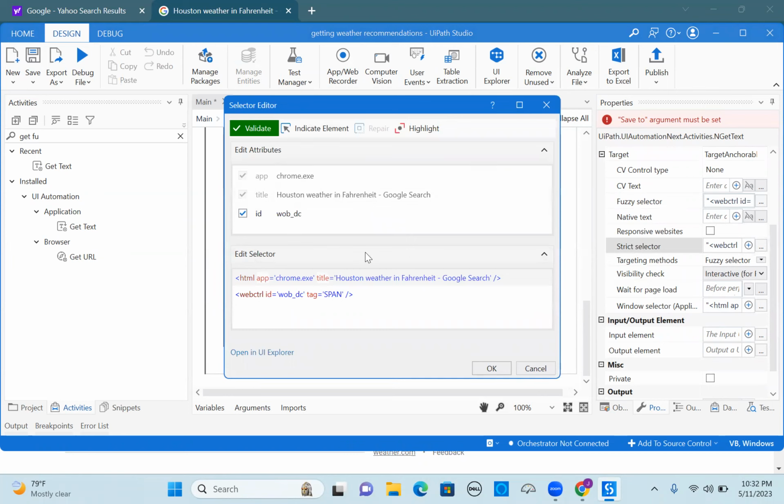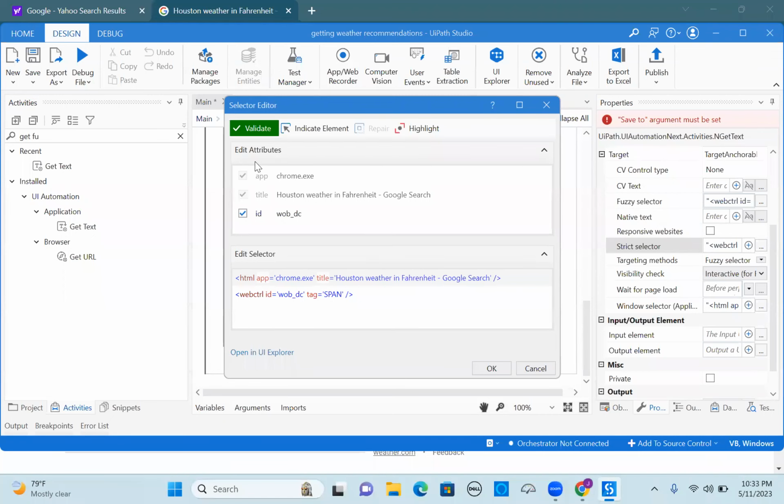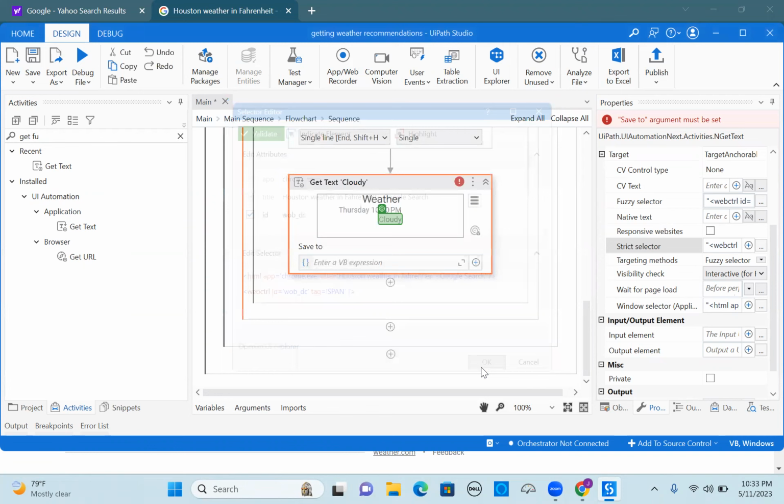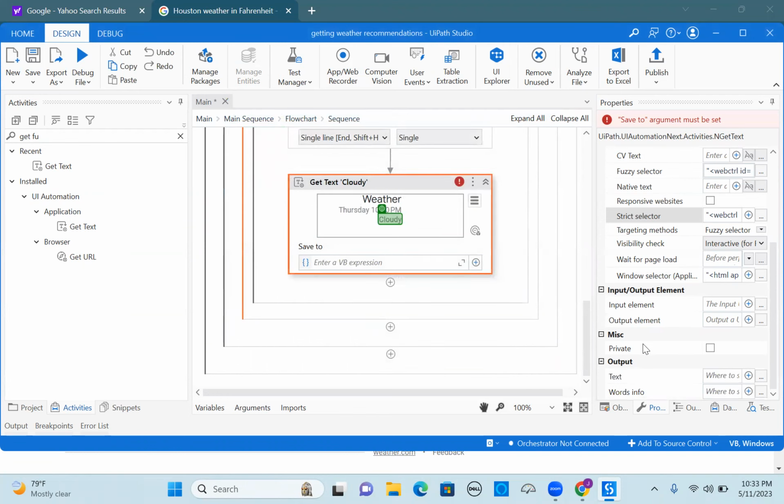So now we can see the selector editor and we can see it's validated. And we have our edit selector down here. All right. And so now what we can do here is just click this. And since it stays green, we can kind of see everything here. We're not seeing anything about clear or sunny or any real words. So that's what we want. We're going to click validate and it stays green, so we're good on that. Down here in output,